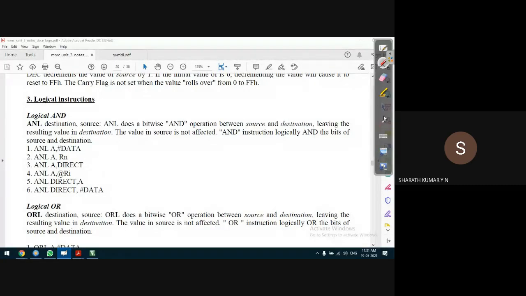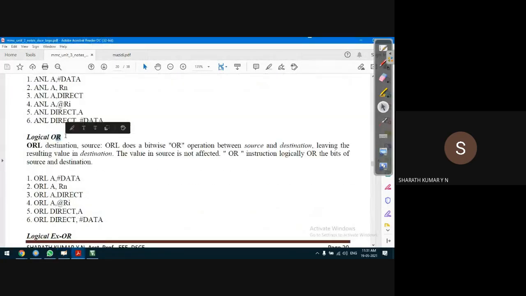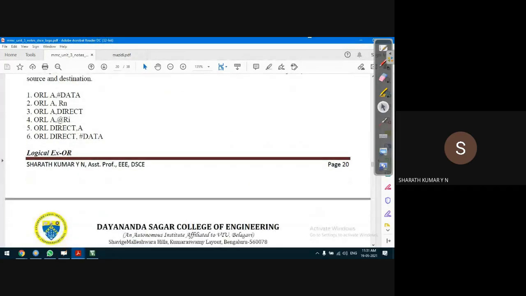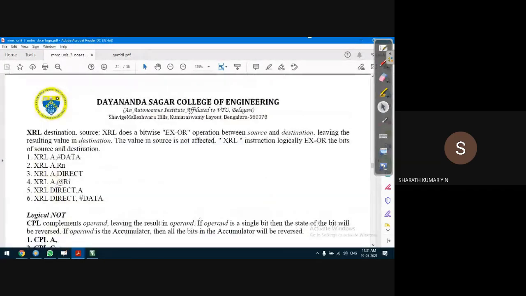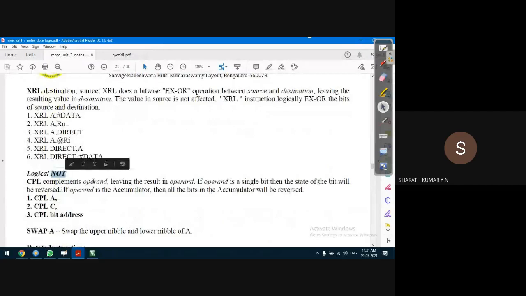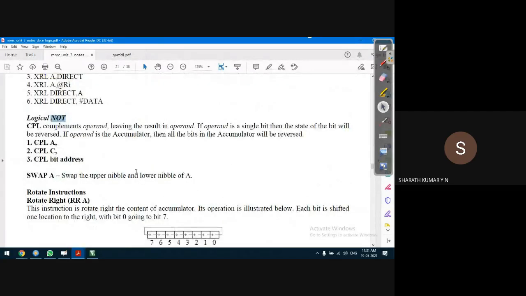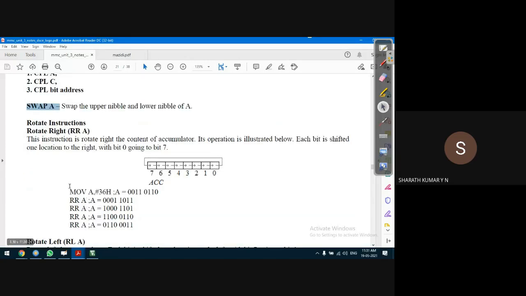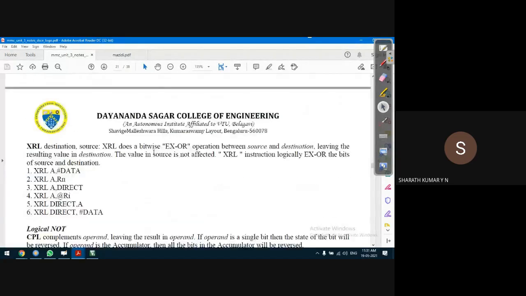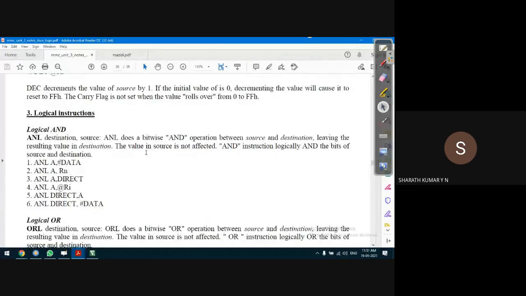Logical AND, logical OR, logical XOR, and logical NOT, that is the complement operation. Swap operation also corresponds to logical because swap deals bitwise, so this is also possible. The next type of operation is rotate, which we'll go to after discussing logical operations.